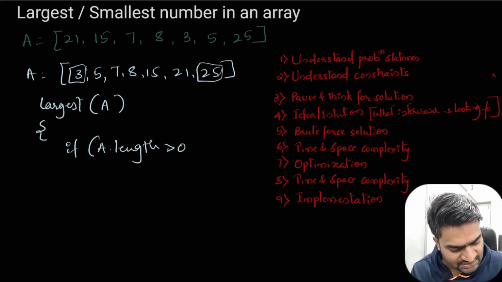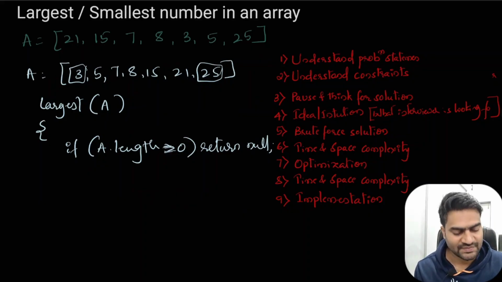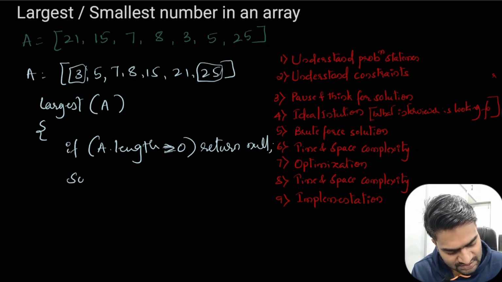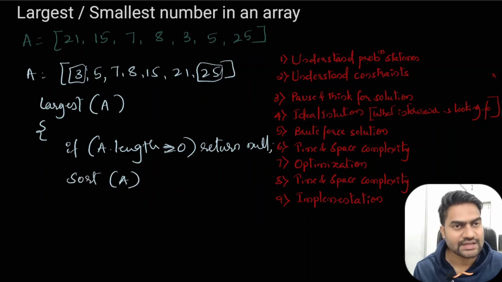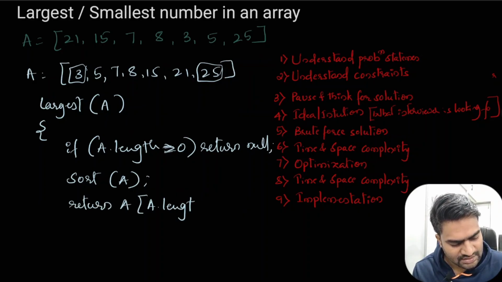If it is equal to 0, then we will simply return maybe null, because we don't have anything in the array. If that is not the case, then we can go ahead and sort our array A. After sorting, we get the sorted numbers, then we can return A dot length minus